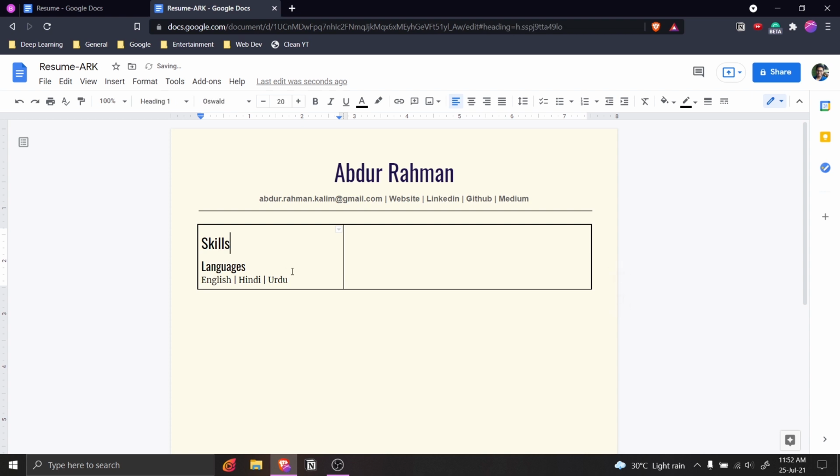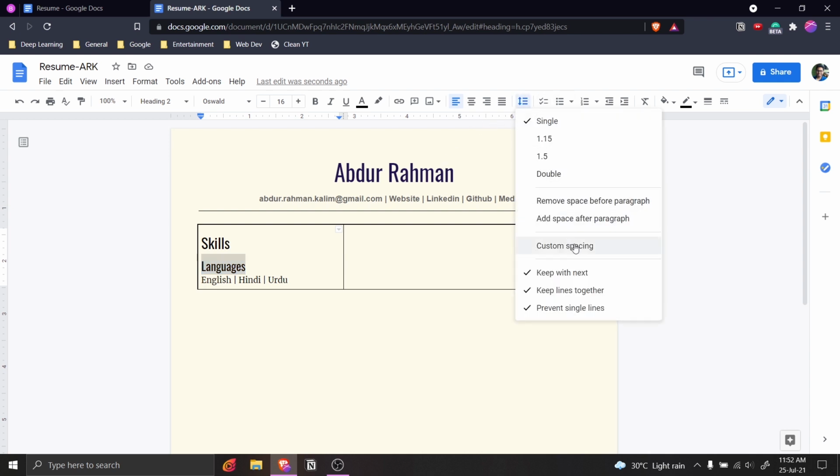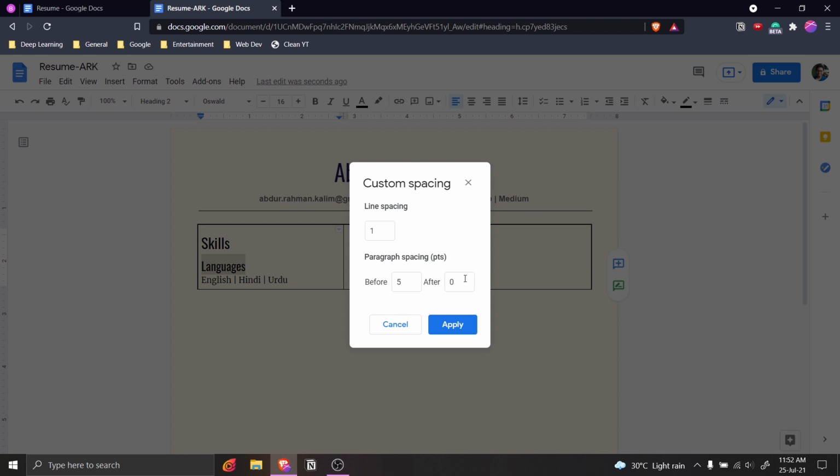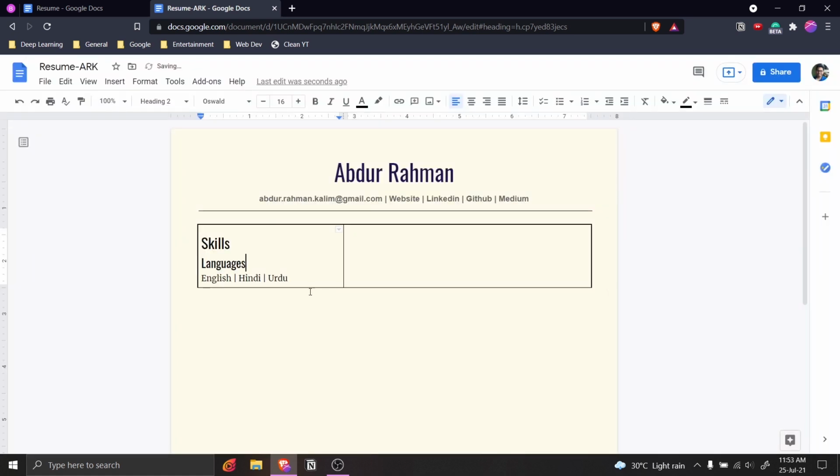So we have skills, languages, and then actually let's make the after spacing to be 3 or something. So custom spacing, and then after will be 3. Before I guess it's better to just keep it as 0, right? And so now we have skills, languages, and this.